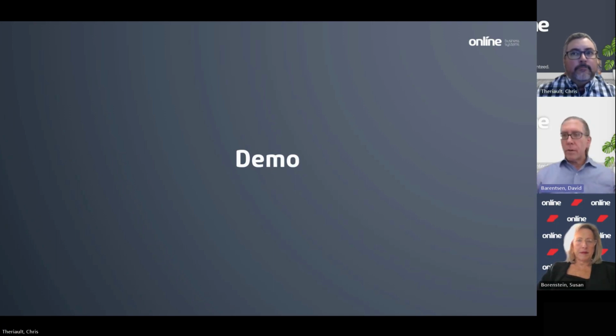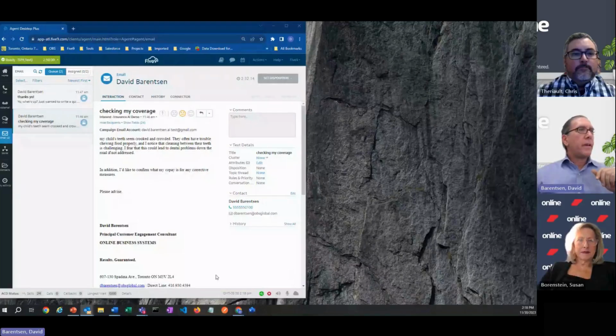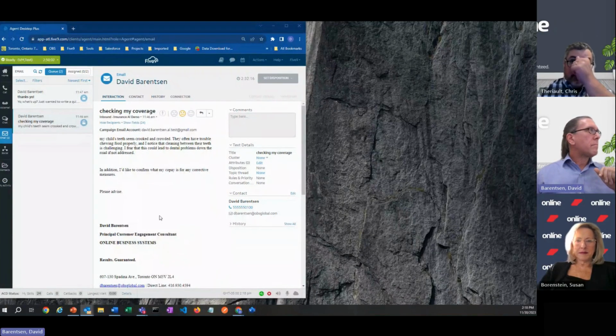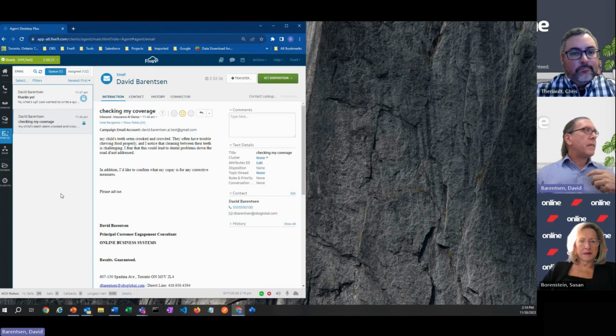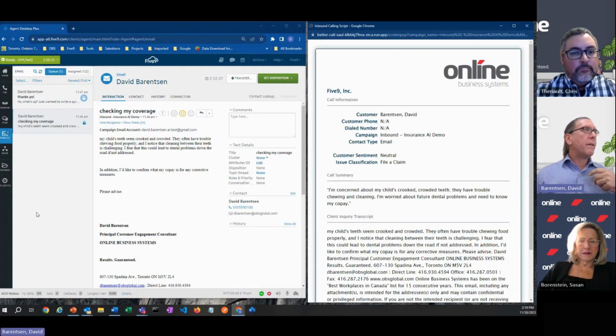That said, I've got a couple of emails in queue here. Actually, let me share my screen with you folks. Okay, so I've got my Five9 contact center set up here. We can see on the left that I've got a couple of emails in queue, right? I'm logged in, I'm ready, and I'm seeing a preview for one of them. What I'm going to do now is click on this little lock icon, which says, yes, I want to claim this out of the queue, and I want to process it.